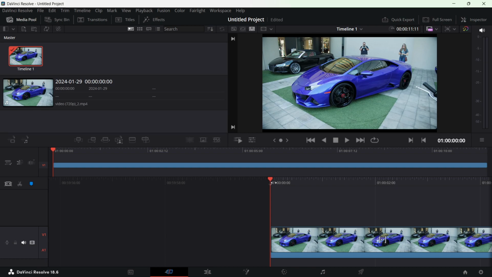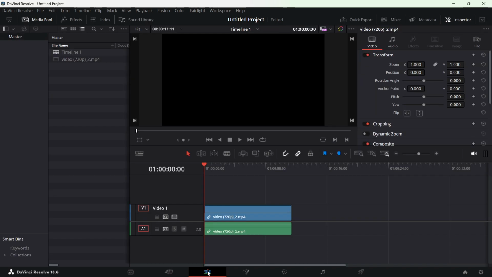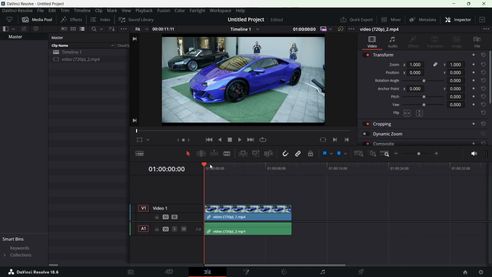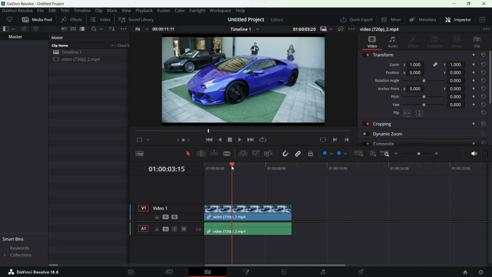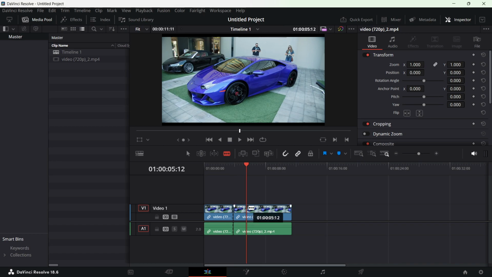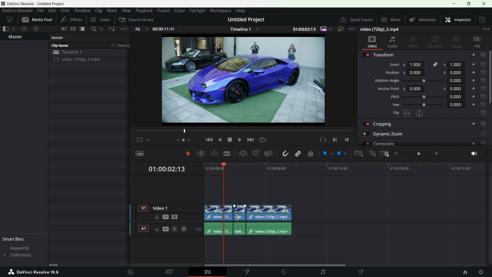So once it is added, here you can see that, then you simply need to go on to the edit section. So once you are here, let's suppose I want to cut from here, so you simply need to click on this blade edit tool, edit mode, click here, and I want to cut from here and then from here, and then you can click on the select tool here, and after that you are able to remove that